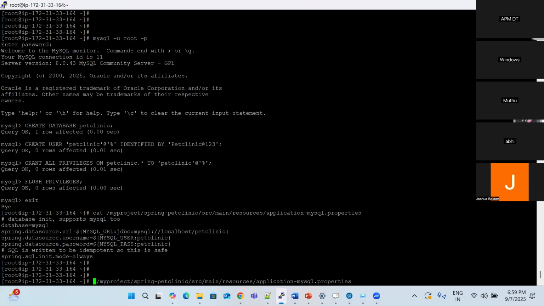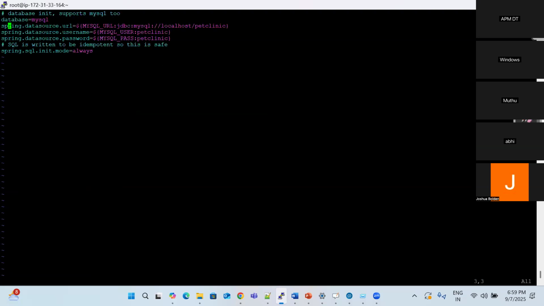I already created my MySQL username just now, inside MySQL, correct? So here I'm going to use 127.0.0.1. This is also localhost. Instead of giving localhost, give 127.0.0.1. Now 3306. This 3306